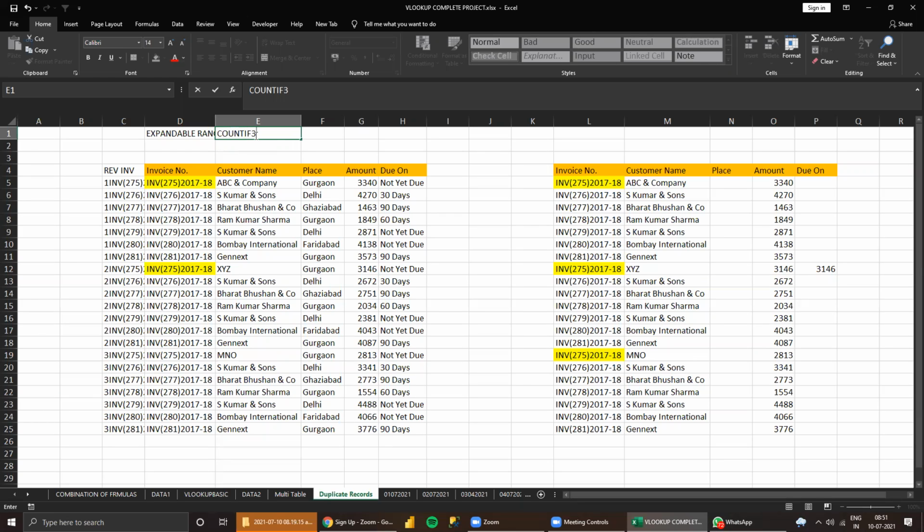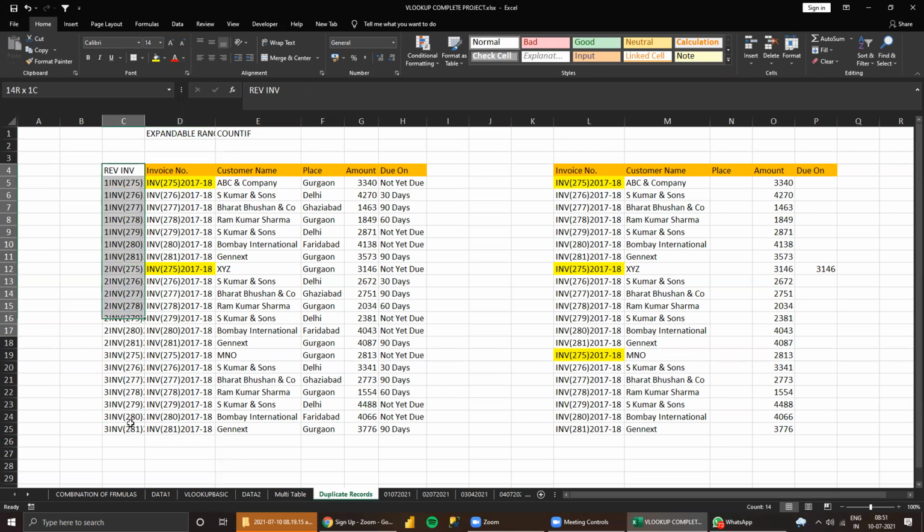Count if should be done with an expandable range, so that for the number you need to add the lookup value. So automatically this becomes unique. Once this is unique, you are automatically fulfilling the VLOOKUP concept, right?